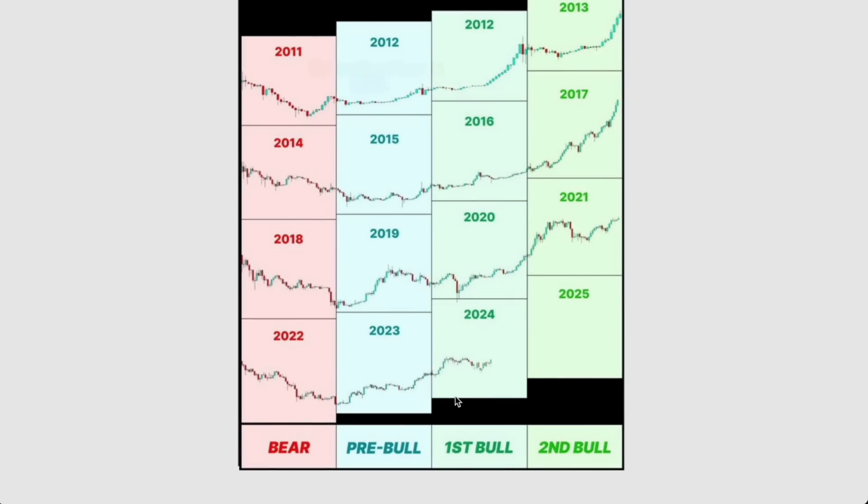But this 2023 phase also always precedes the first pre-bull phase, where we tend to see a lot of upside and lots of volatility, but still in the grander scheme of things, it is sideways price action. 2020 as well. Aside from the COVID crash, we saw lots of sideways price action, but it's this sort of sideways price action that enables that parabolic rally going into the next second bull phase, which is 2021, 2025, 2017, 2013. 2016 also showcasing us lots of sideways and boring price action.